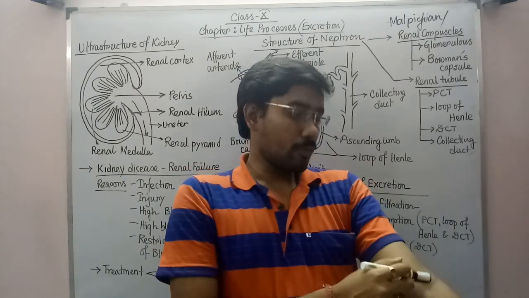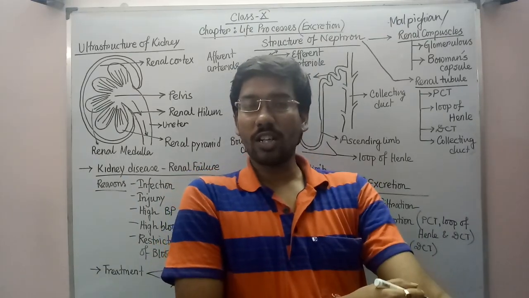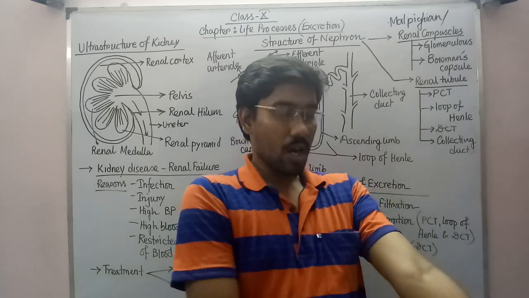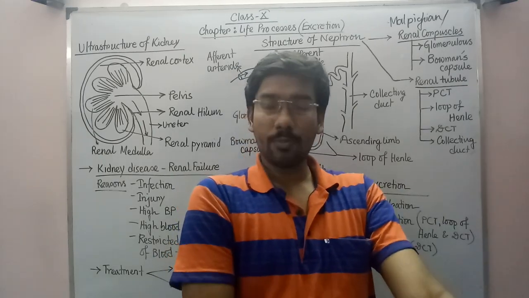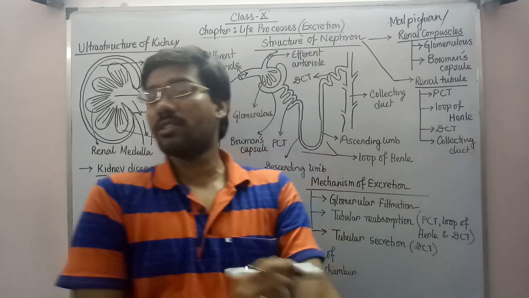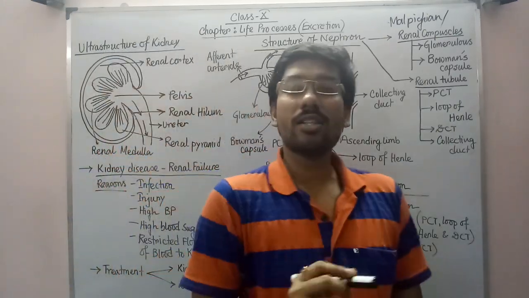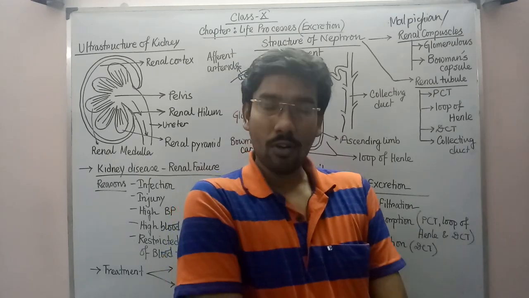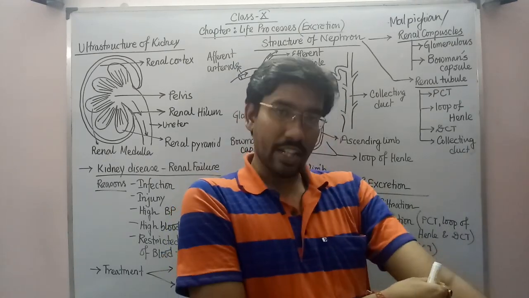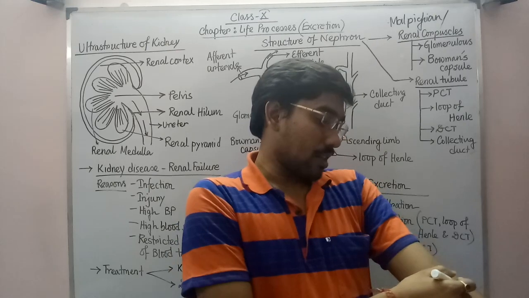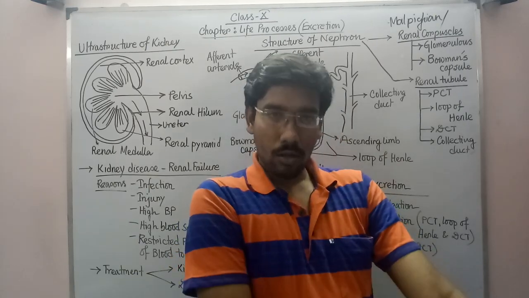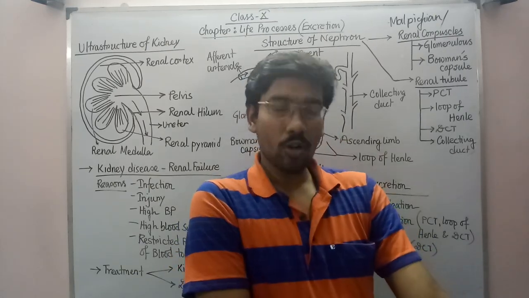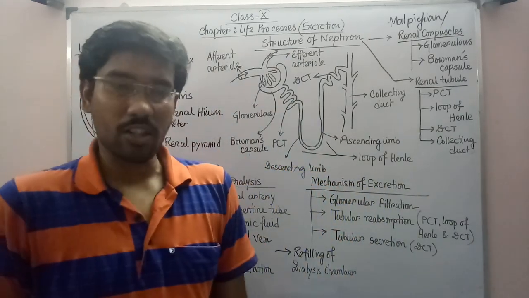Now in my hand, two vessels are present in this region: one artery and one vein. The artery is called the radial artery. It is present in the hand, that's why it is radial artery, and the vein is the radial vein. We all know that an artery mostly carries impure blood, so obviously the blood will be collected from the radial artery. Through an injection, one tube will be connected, and through that tube the impure, waste-containing blood will be taken from the radial artery.